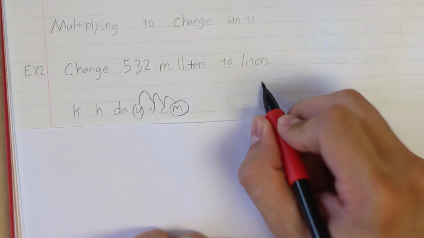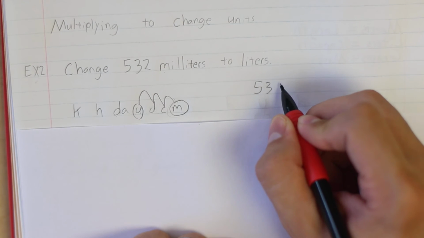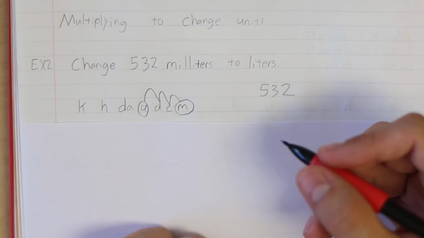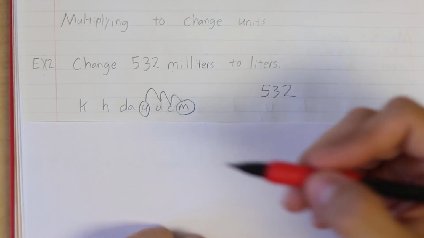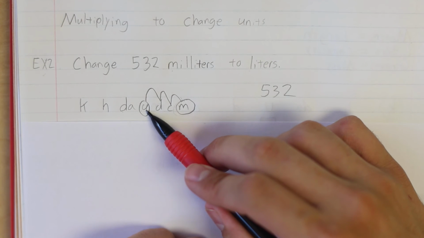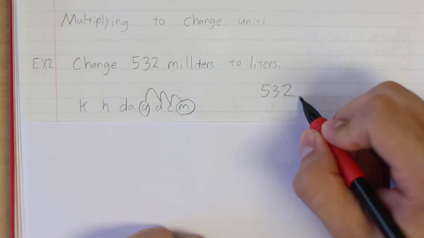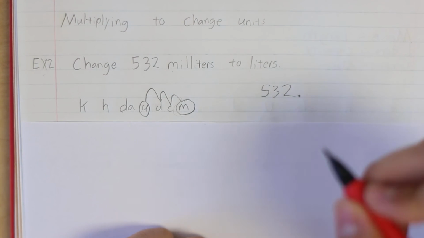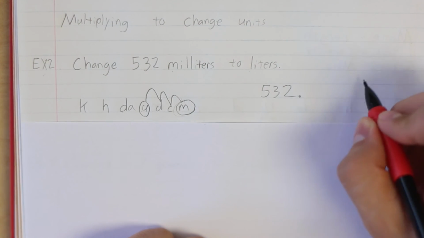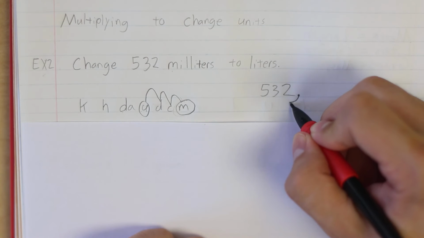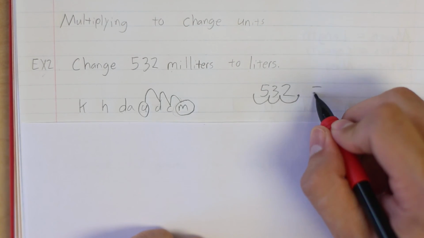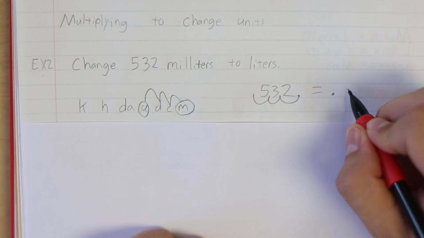You're going to write down this number, 532, and we're going to move the decimal the same direction and the same number of times over as we had to go from the M to the unit. So the decimal for a whole number is always behind the number. Remember that. If you need to write that to the side, do it. Say always behind the number. And you're going to move over 1, 2, 3. So our new number is